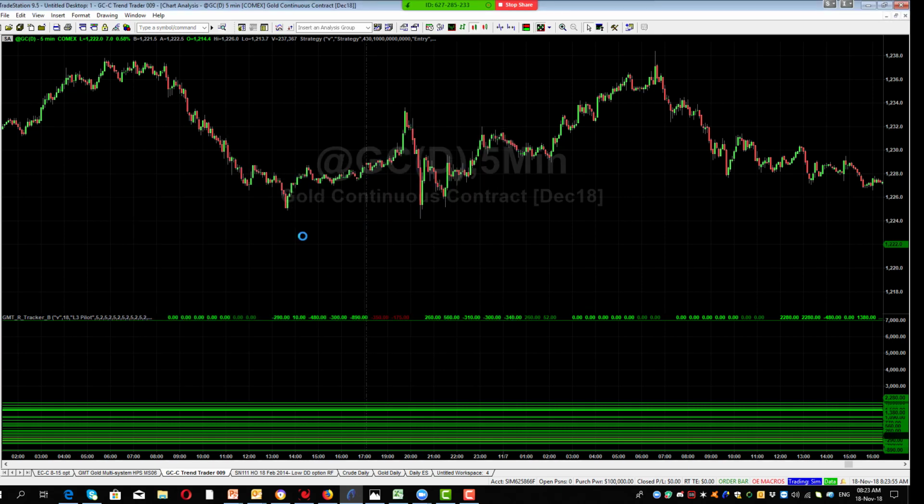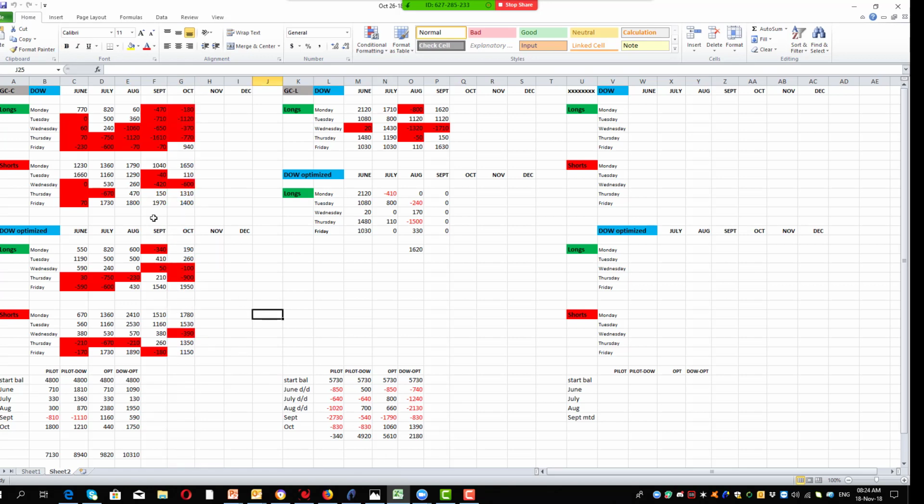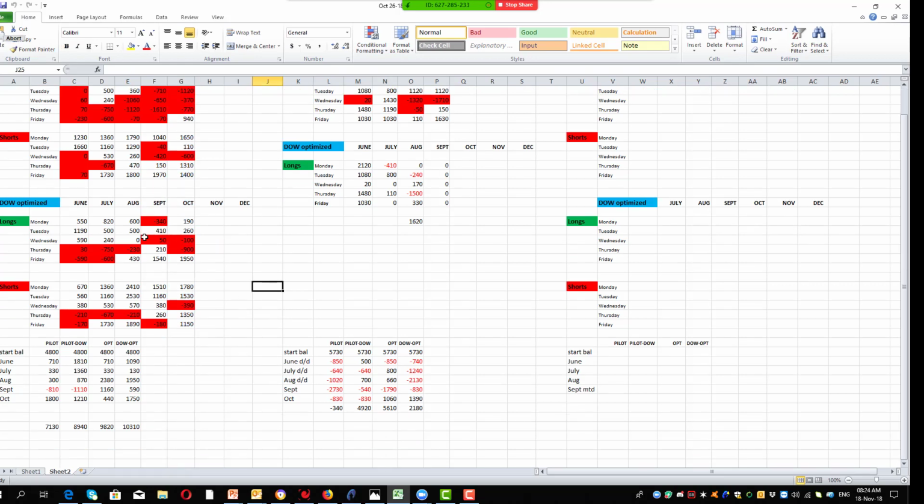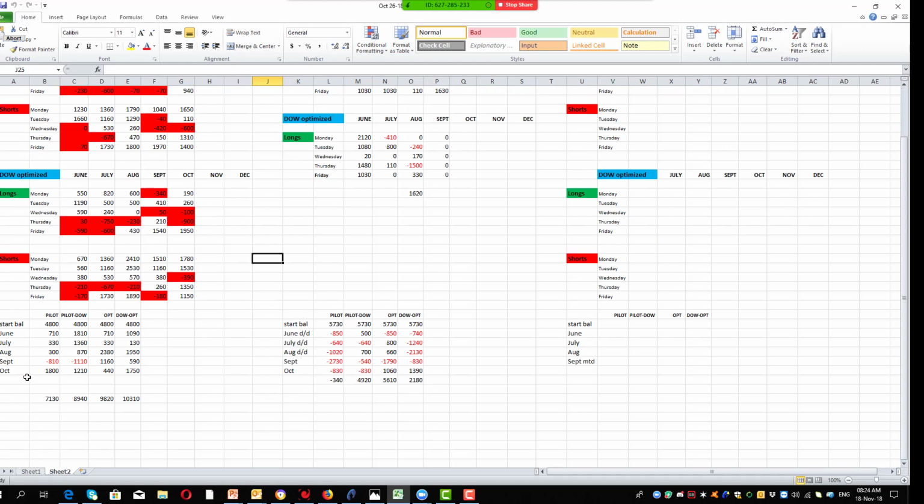And we did that once a month, every month, using 4 months of data back, and the results are interesting. The idea here was to track how the system would have performed if we didn't do any optimization at all. If we just left the system as it was and didn't re-optimize it monthly or look at the days of the week, how would the system have performed? Well, interestingly, with Gold Combo, it actually performed really well.